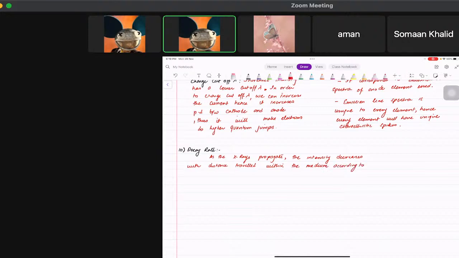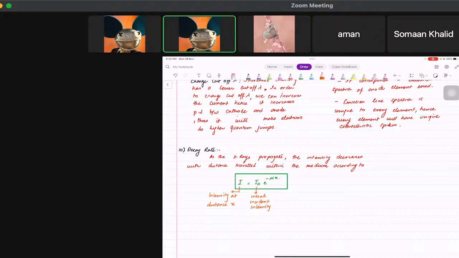according to, now please remember this equation, I equals I naught e to the minus mu x. So this is the equation. Now in this equation, this I is basically intensity, let's make it short, intensity at distance x. This I naught is the initial incident intensity,